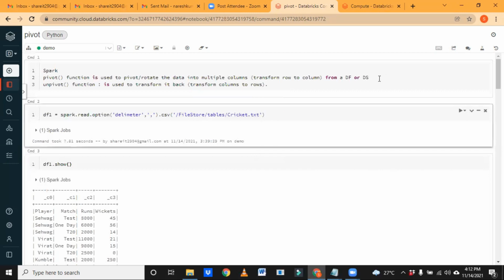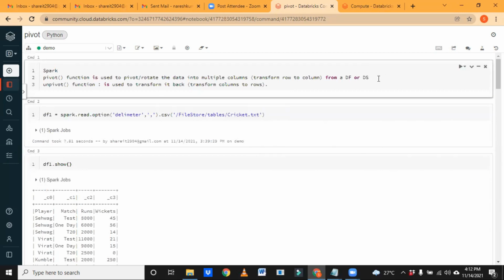Pivot is the function to rotate the data into multiple columns, or transform rows to columns. When you want to transform rows to columns from a data frame or data set, then we generally use pivot.